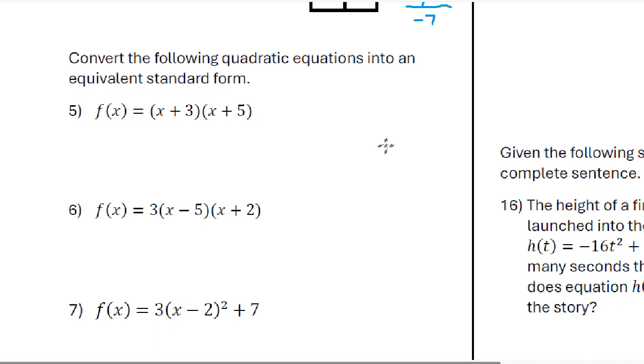Question 5, 6, and 7, the instructions are convert the following quadratic equations into an equivalent standard form. So standard form, class, if you remember this, it's basically a quadratic that is simplified and has no parentheses. So it's going to be ax squared plus bx plus c. And sometimes there's no b term and sometimes there's no c term. So it doesn't always have to be all three of these terms, but let's take a look and see what